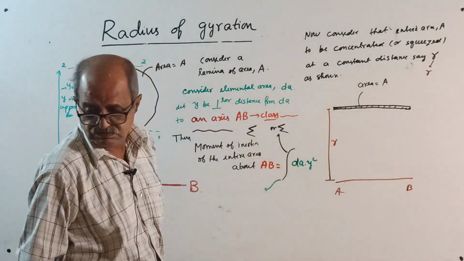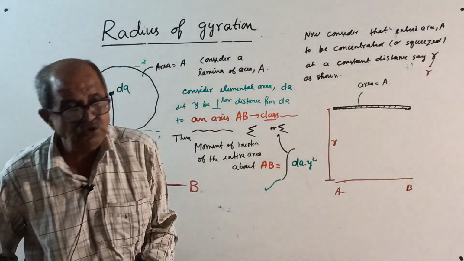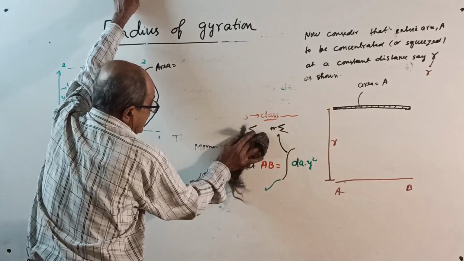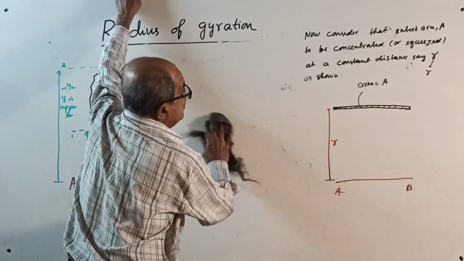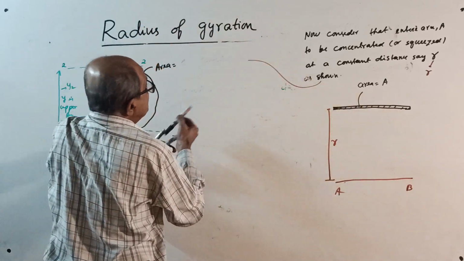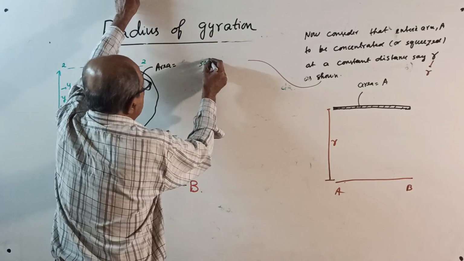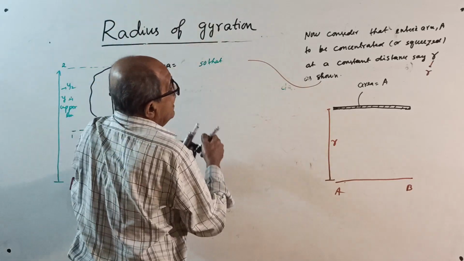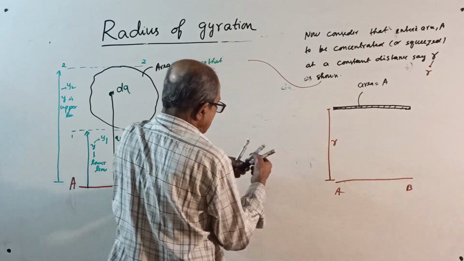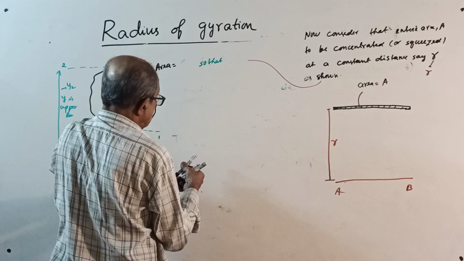Now right here, some condition is there. I will remove this one now. There is some condition. How to squeeze it? Not randomly squeezed. Okay, this I will remove now. See, as shown, I will continue the statement here, so that, see, at a constant distance R. Now red R I am making, so that